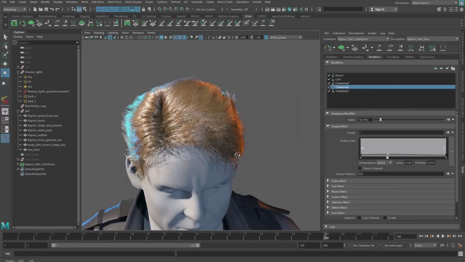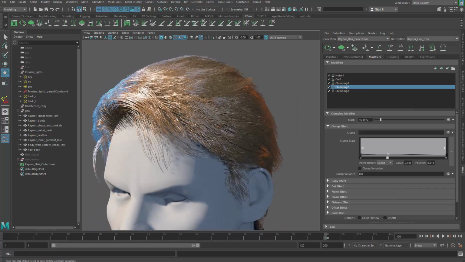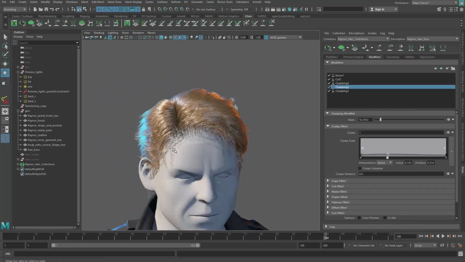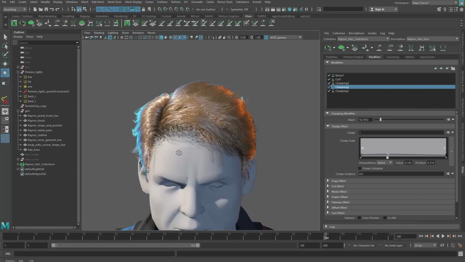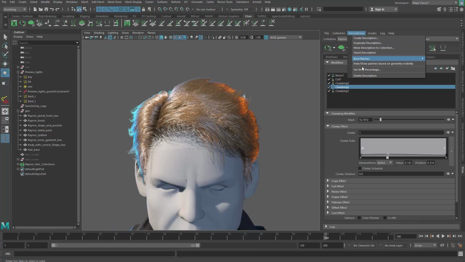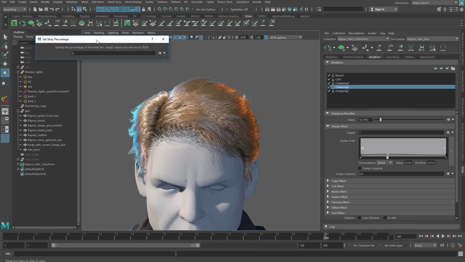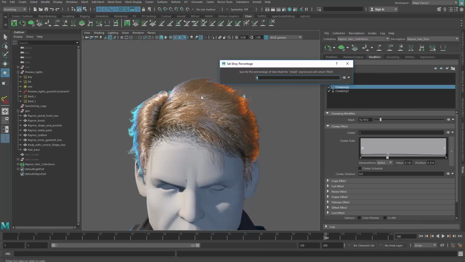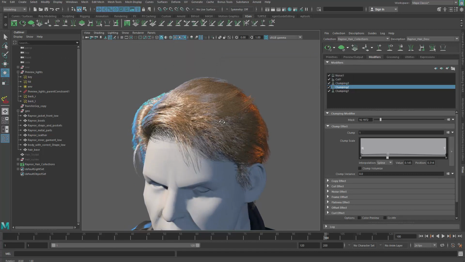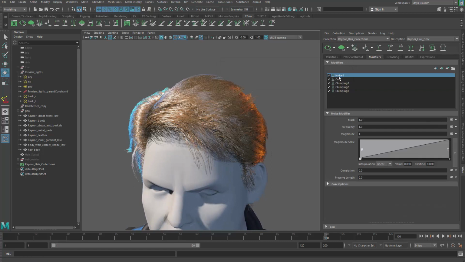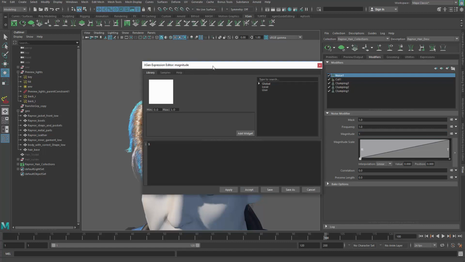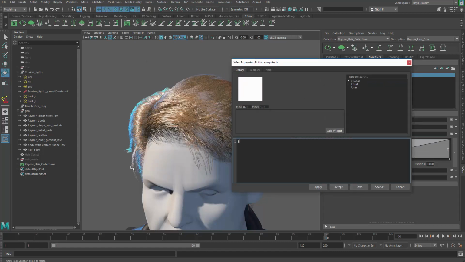So I accept that. Another thing we can do is have some stray hair. Stray hair can also be done with the expression here, because in the descriptions we can go for set stray percentage, and then we can say I want 20% of the hair to be stray hair. So you type in 20 and close that. And now what you can do is go to the noise, and here we're using a magnitude of 1 for everyone. But we can create an expression here, and say, okay, instead of 1, I'm going to make it